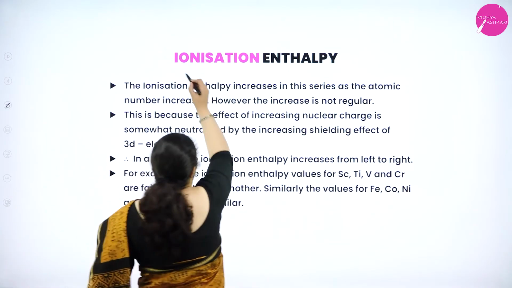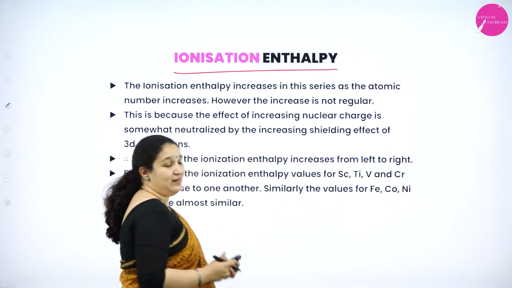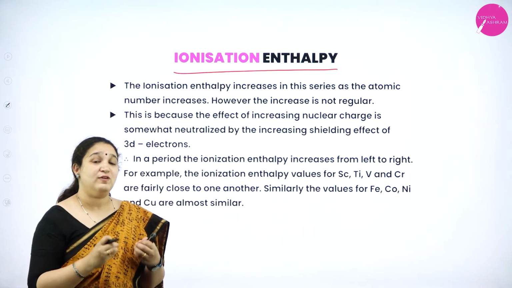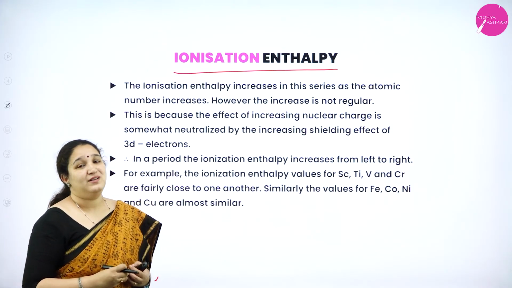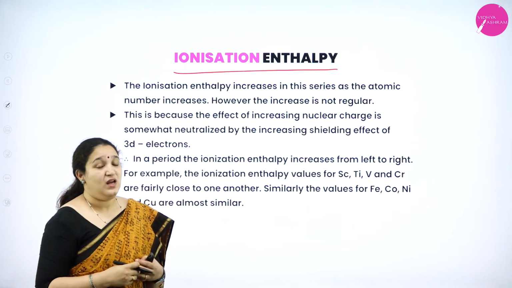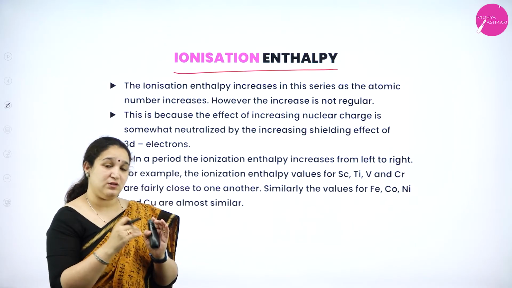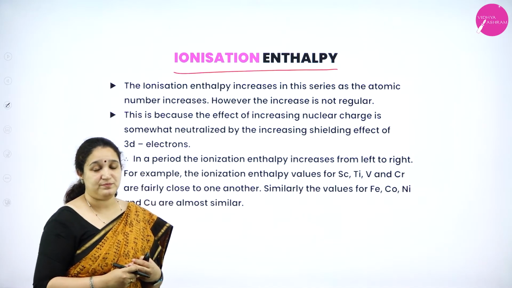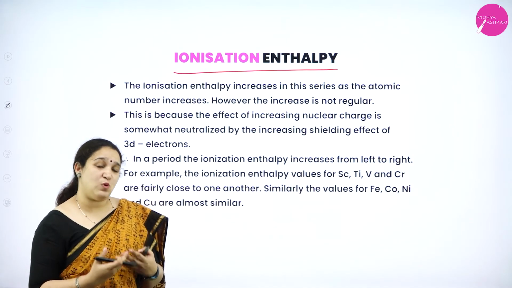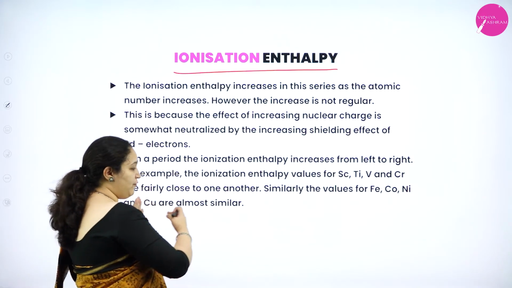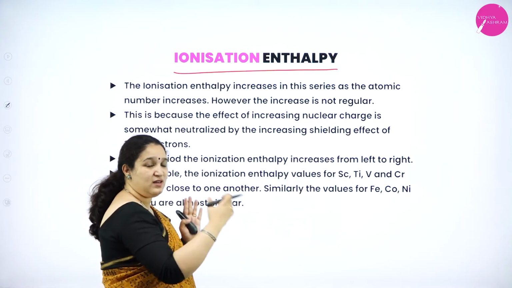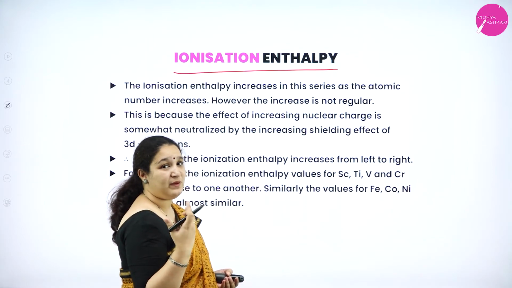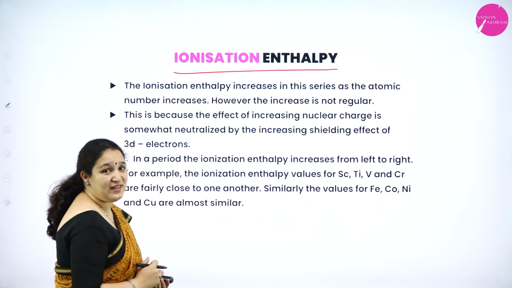Next we have ionization enthalpy. So what is ionization enthalpy? The amount of energy required to remove the outermost electron from an orbital, we call it ionization enthalpy. Now, if the atomic size is smaller, the ionization enthalpy will be higher. They are inversely proportional, isn't it? And in d block elements, what have we observed? As we move along the period, atomic radius is going on reducing. So, what should happen to ionization enthalpy? It should go on increasing. Correct?